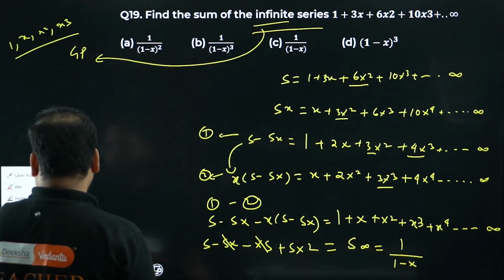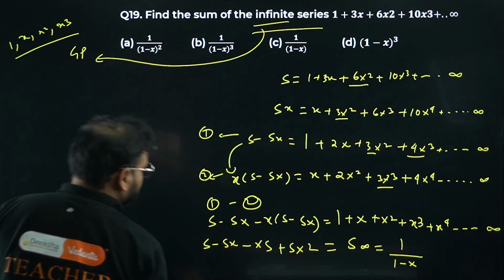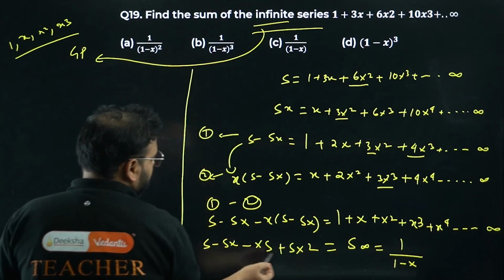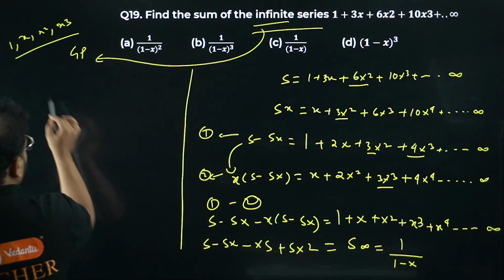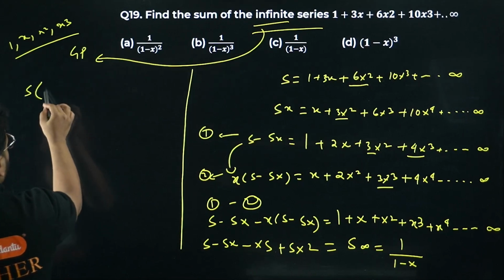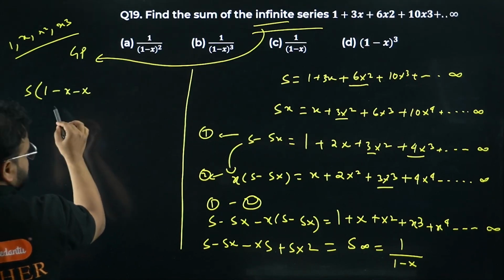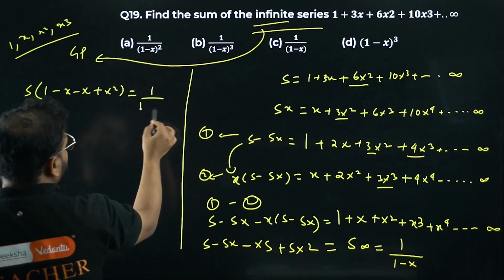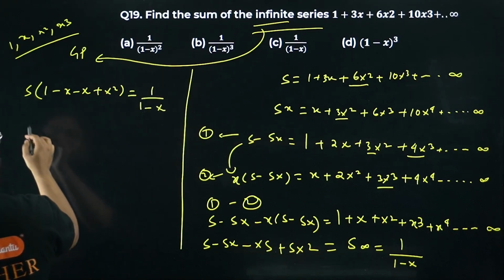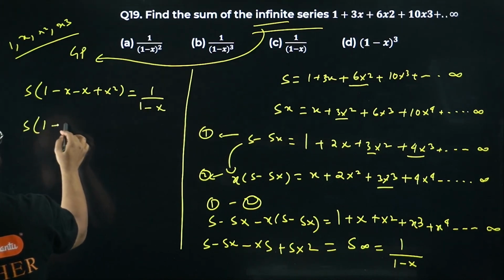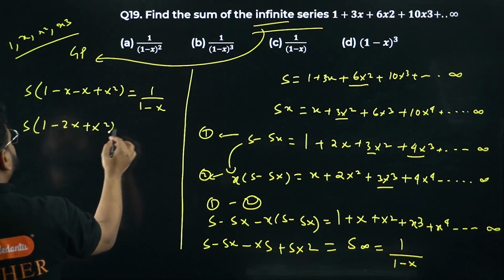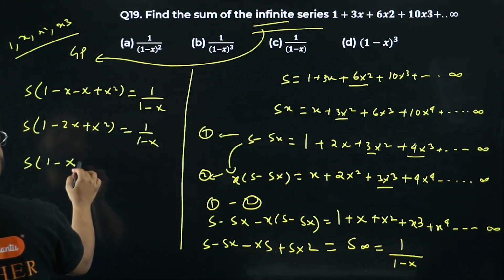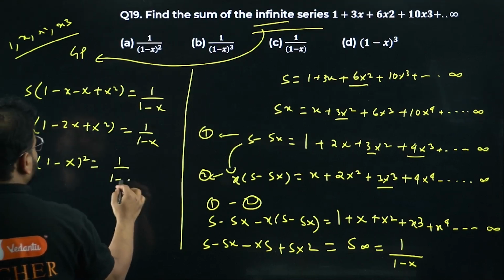So what I've done over here actually is cancel these two out. I have to remove that part. Now please check what I'm getting over here. So if you check now, I take x common over here. So I get 1 minus x plus x square. And this side I have 1 upon 1 minus x. Okay. So what I'm getting, please check. I'm getting here 1 minus 2x plus x square equals to 1 upon 1 minus x. Please check. I'm getting s times of 1 minus x the whole square, 1 upon 1 minus x.